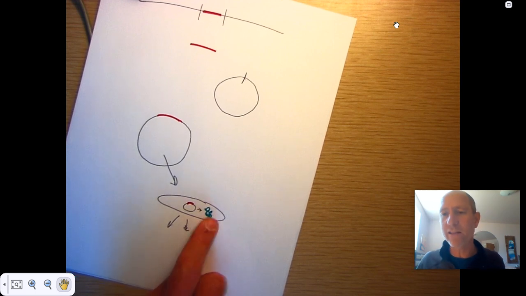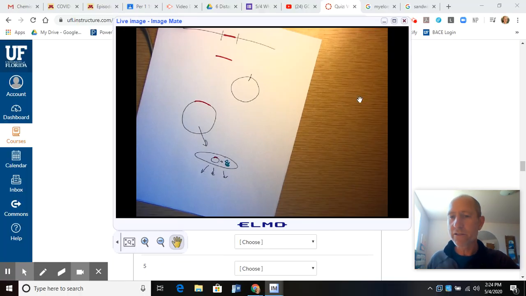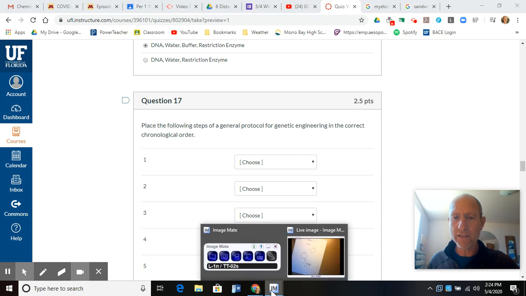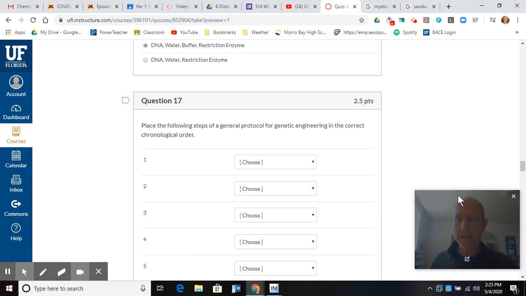So that's how we can make medicines, biopharmaceuticals, through gene cloning, or taking a gene out of one organism and putting it into another. So this cell right here is called a recombinant cell because it has mouse DNA in it. We made a recombinant cell line. Okay, so anywho,